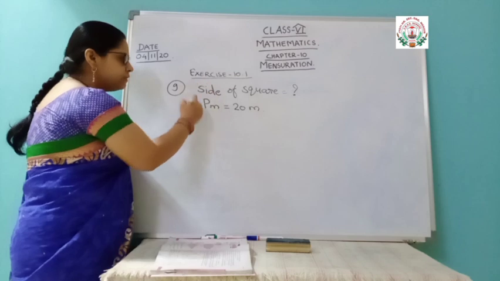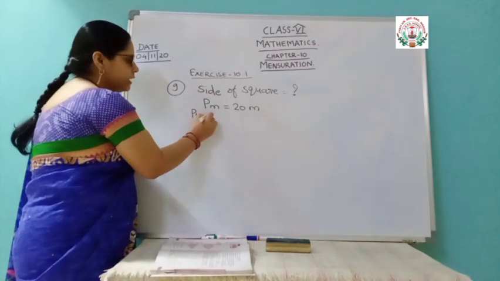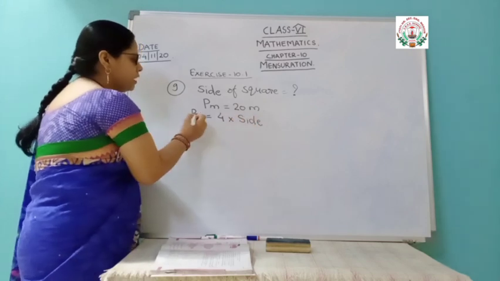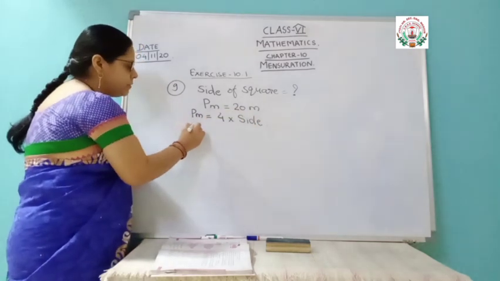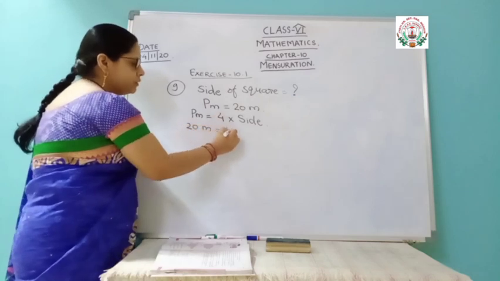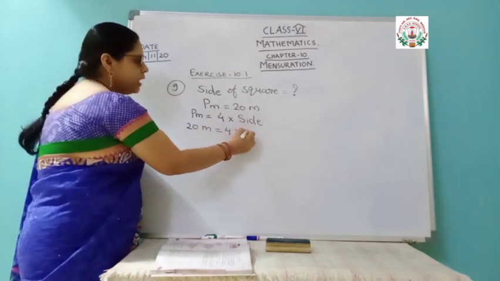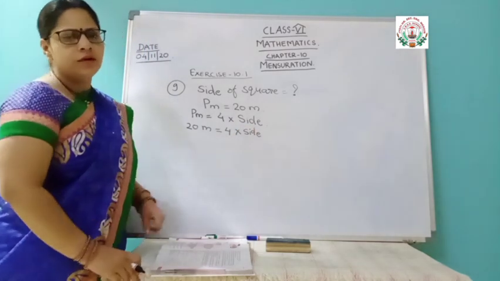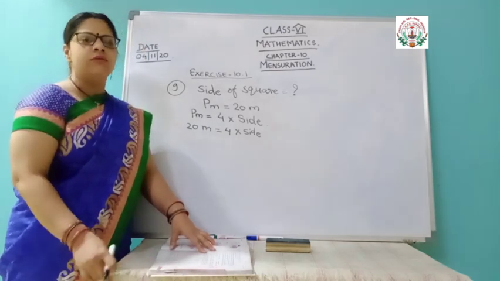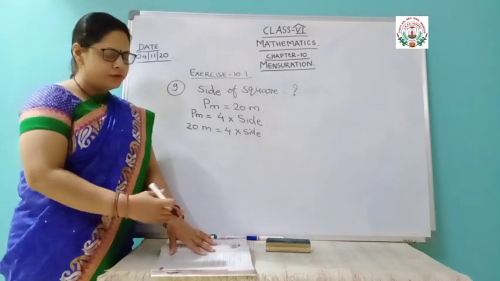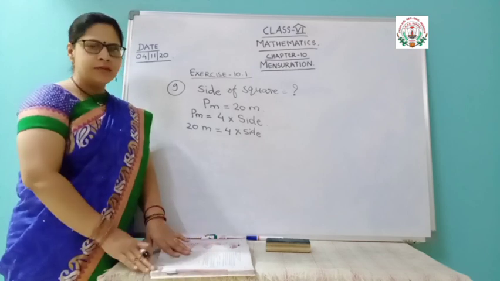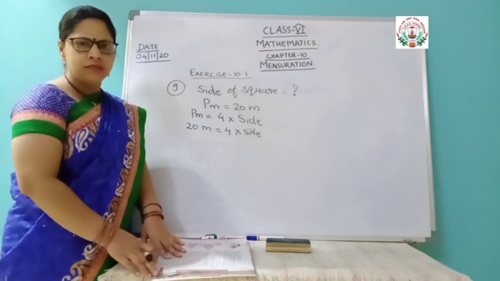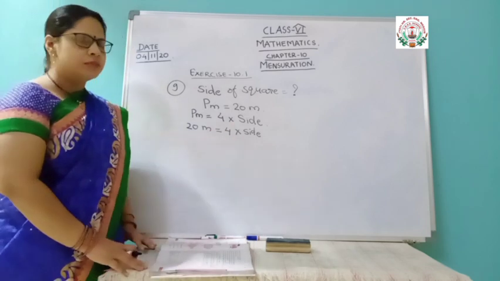So first you will write down the formula. Perimeter of a square is 4 into side. Now the perimeter value is given 20 meter and 4 into side is not given. Either you write down side only or you can use any variable also. Now what is this variable and how we are using that you are going to study in chapter algebra, which is further in your syllabus, and simple equation that is in class 7, that all you will see a little later. So here we will keep side only.